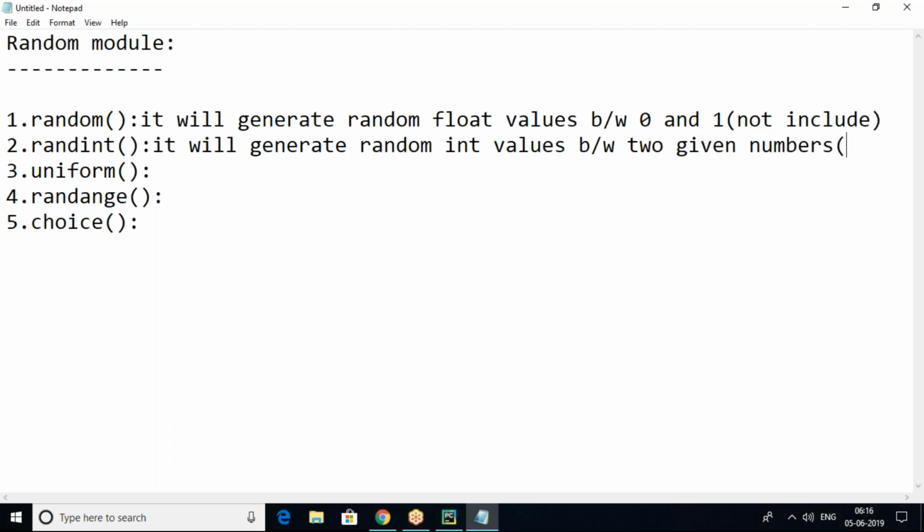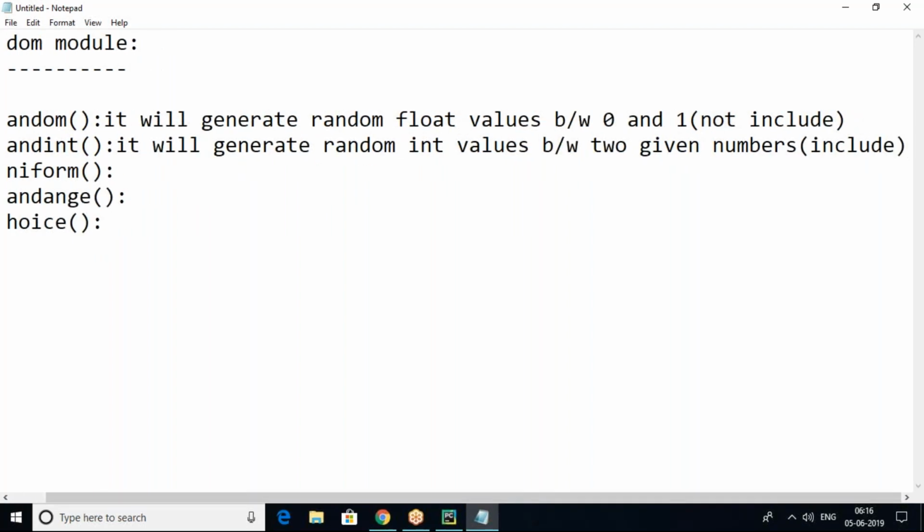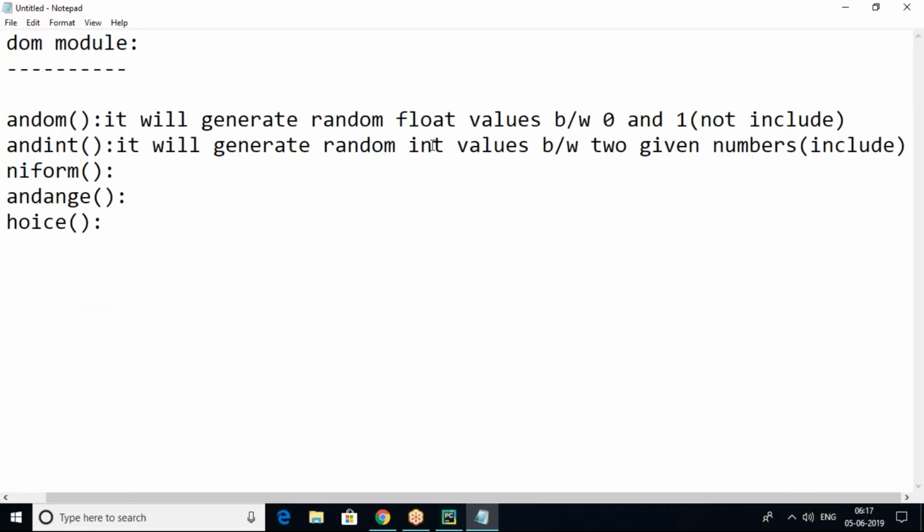Here it is inclusive. Inclusive means there may be a chance that your given numbers are present. Like if I give 2 to 20, then 2 might be present and 20 might be present. Yes, it's possible. So it generates random integer values between two given numbers, not float values.